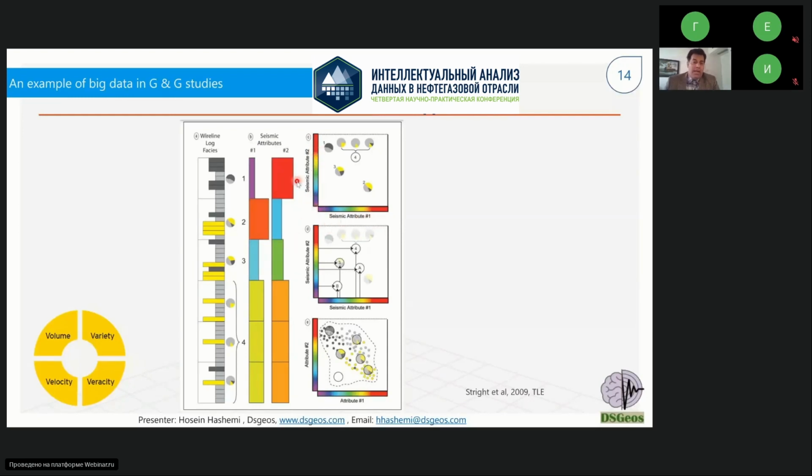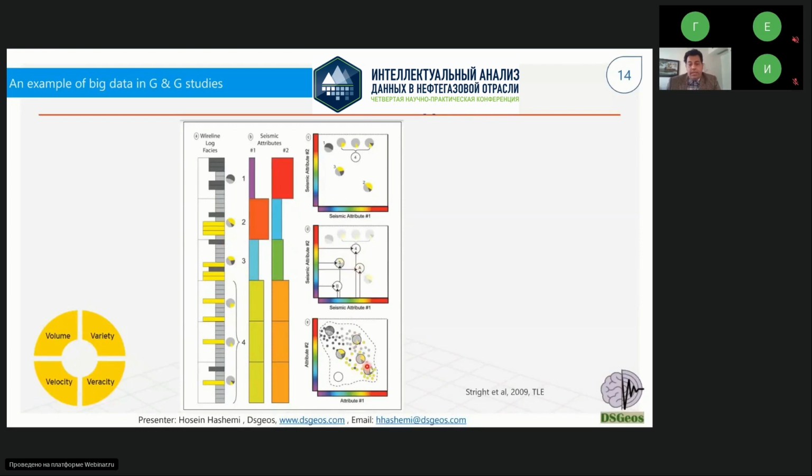They can also be normalized. So you see that here, for example, 1 is put here, and this means the very low values of attribute 1 and higher values of attribute 2. So low values of attribute 1 and higher values of attribute 2 would be like here, and then it puts this facies proportion here. The same goes for 2, 3, and 4, and the task is to find and to predict the